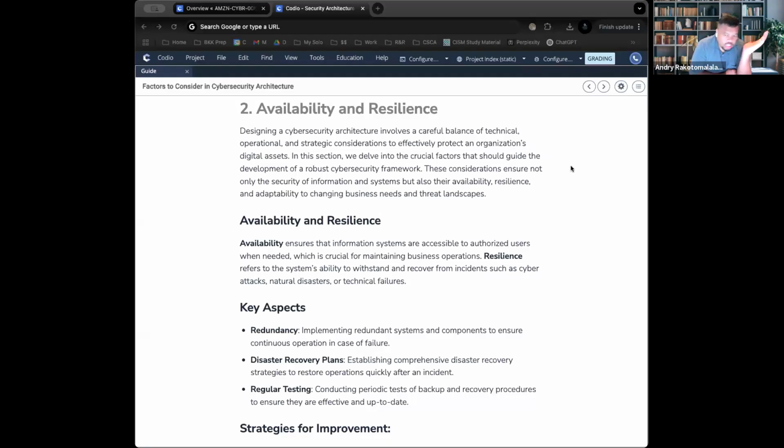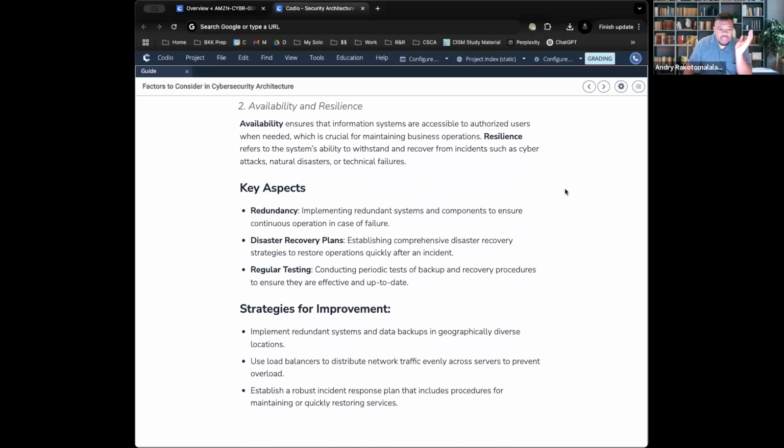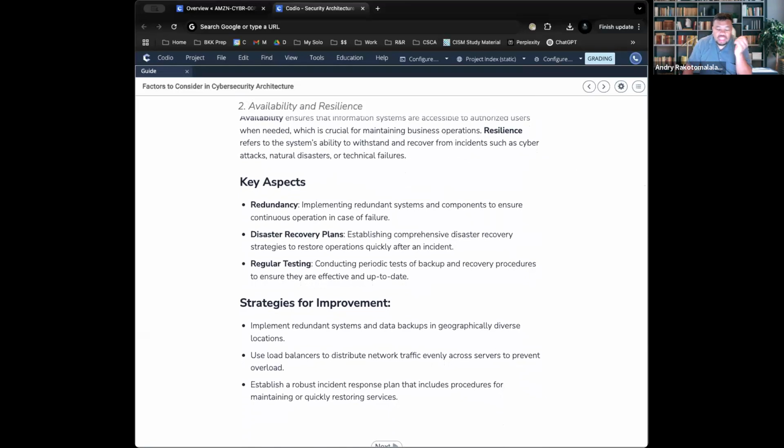Now, I say security incident, right? It could be a cyber attack. It could be a malfunction in the network. It could be a natural disaster like an earthquake or a fire, or it could be human error. Anything that could cause operations to stop in a business would be considered an incident. The antidote to that is having a strong resilience program. The resilience program is centered around one thing and one thing only: making sure that A, people are safe, and B, that the business can still function.